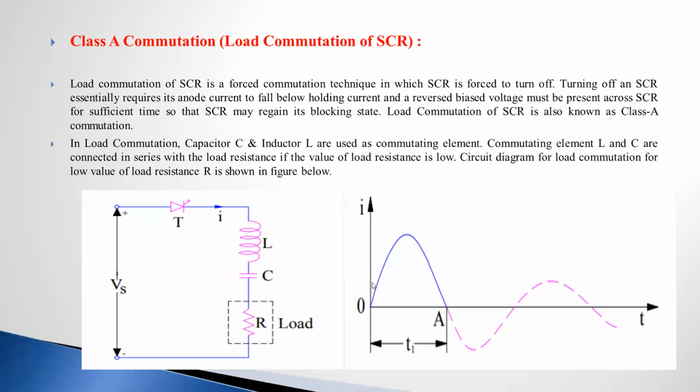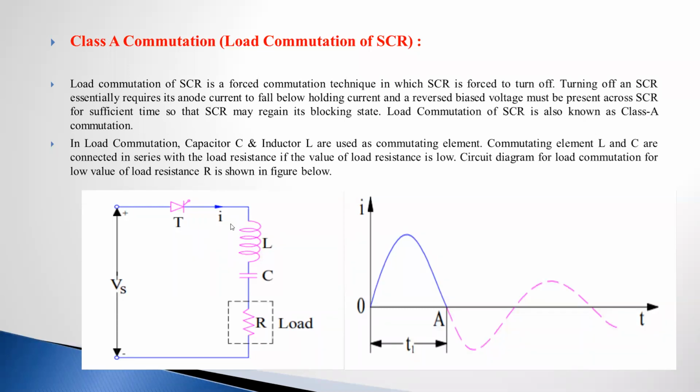Once the thyristor is turned on, the current is flowing through the circuit, and at the same time the capacitor is charging. When the capacitor is fully charged, it will block the current, meaning no current is flowing through this circuit. When the capacitor is fully charged, there is no flow of current through the circuit, and the load side voltage is greater than the supply voltage. V0 is greater than Vs. The voltage across the load circuit is greater than the supply voltage.